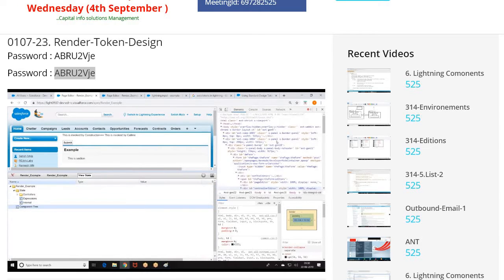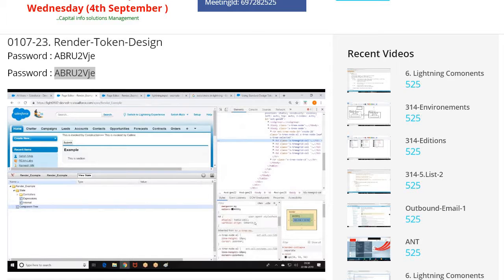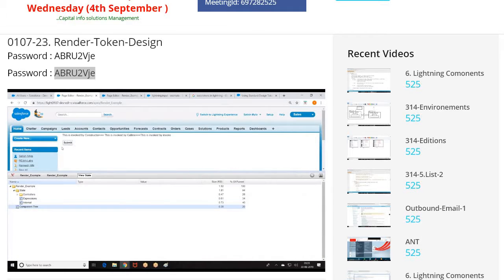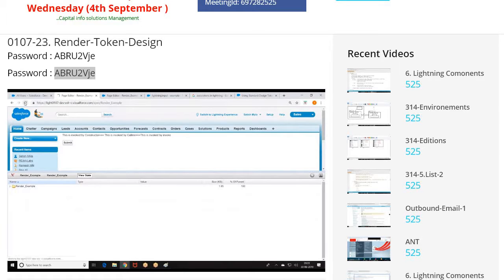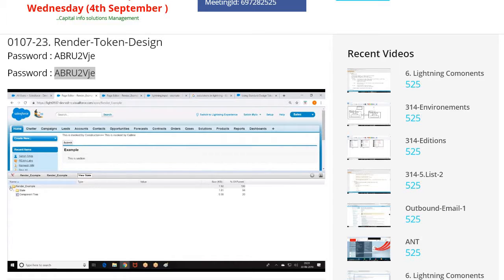When you look at the component tree, one of the elements will be what? Page block. Now when I click on the button, what is happening? All these are considered as what? DOM elements. The structure of the page is here. So in the structure of the page,